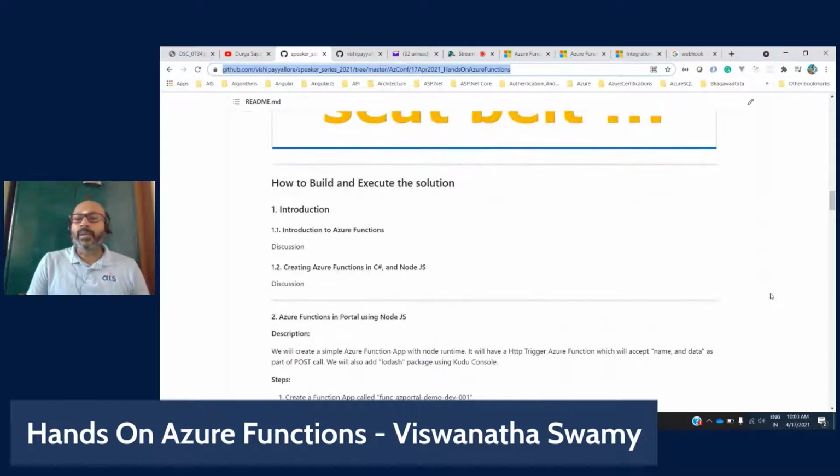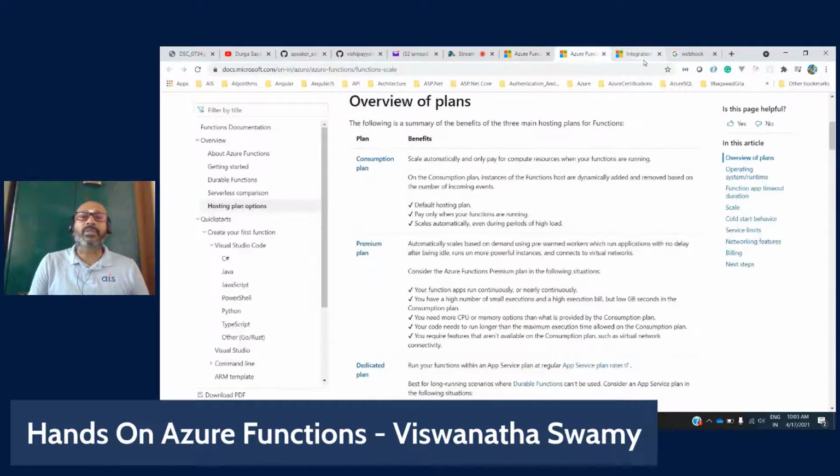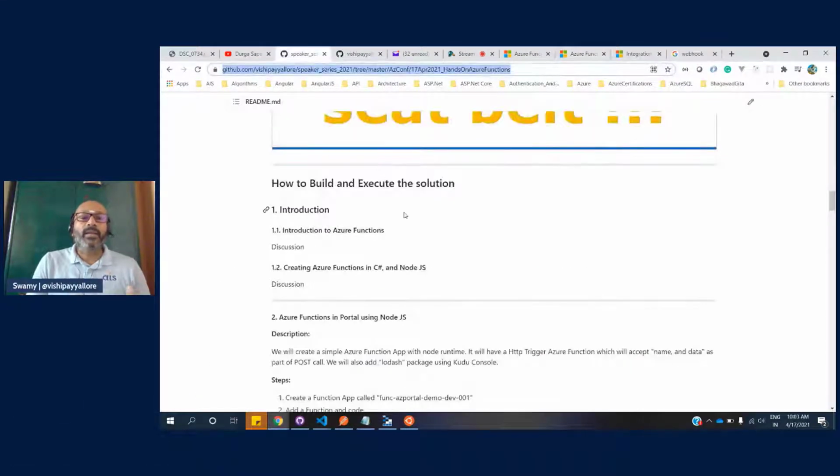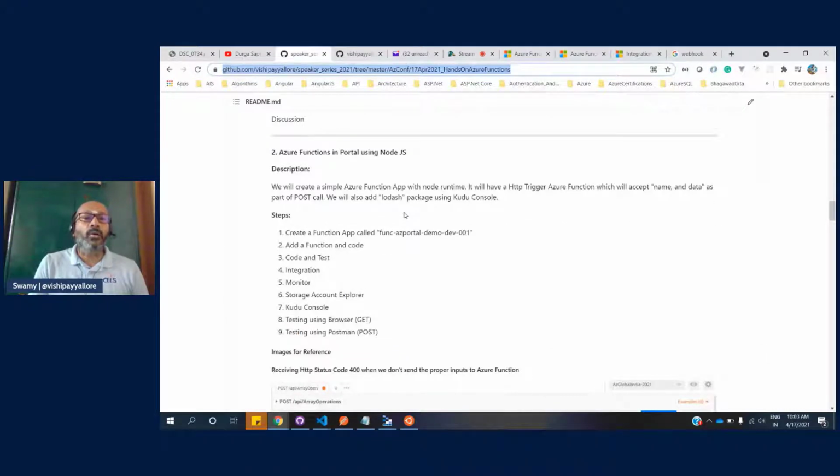So I'll quickly take 2 minutes to walk you through what we are going to do. We'll not speak much because there's tons and tons of documentation given here, but at least we'll touch base on what we are going to do, and then we'll go ahead and do our first demo. We'll create an Azure function app and create an Azure function, an HTTP trigger Azure function in Node.js